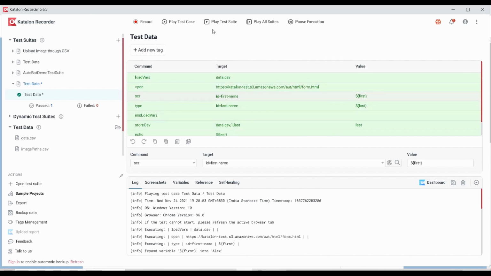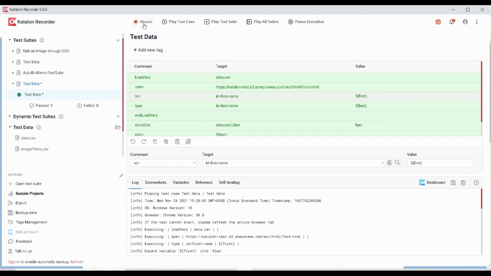Let's go to the top right. Here you can see one record button. If you click on this record button, it will start the recording of your test cases. Whatever action you do on the application or on the web page will get automatically captured, and it will create a test case like this, with the commands, and you can see different targets get selected, and the values you can pass later, or whatever value you enter will appear in the value field. I will show you how you can do that.